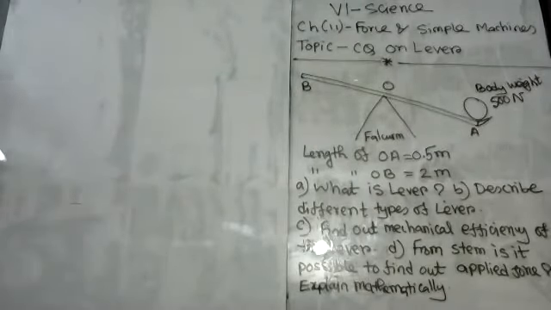At point A, there's a weight of a body. You see that the weight of the body here is 500 Newton. And you know that Newton is the unit of weight or applied force. So the lifted body has a definite weight that is 500 Newton. And you see there are two lengths given. One is length of OA equal to 0.5 meter and the length of OB equal to 2 meter.